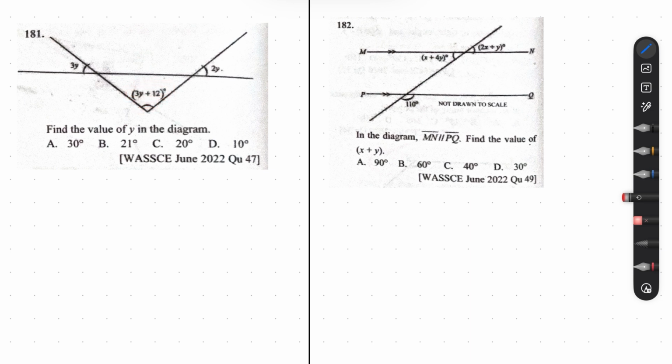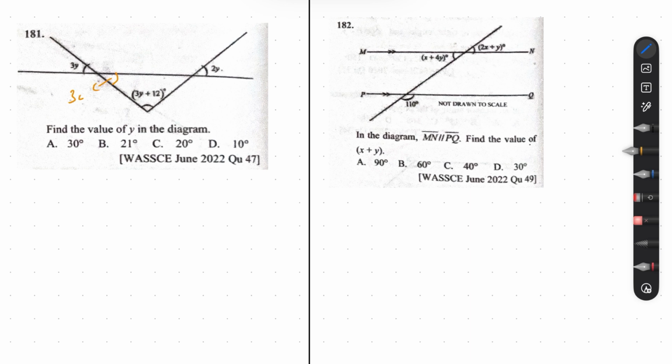How do you find y? Now, before we start looking for y, we can do some relations over here. This angle here is the same as this angle here because they are vertically opposite. Similarly, this angle here is the same as this angle here because they are vertically opposite. So we can say this angle here is